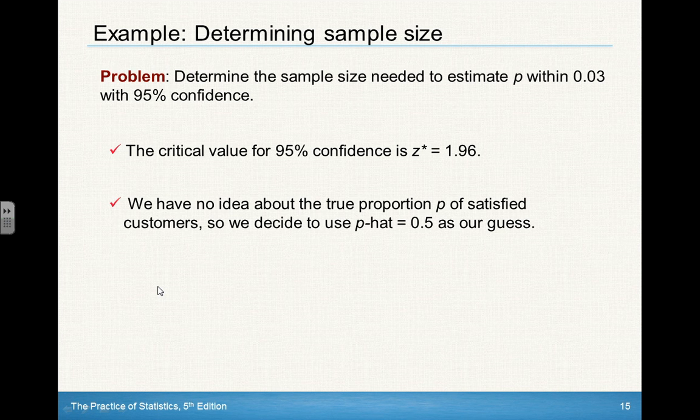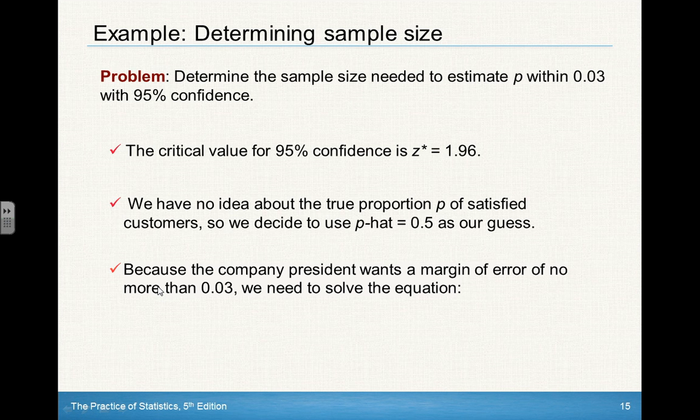This is a 5-point scale, but 4s and 5s are satisfied or very satisfied. So I'm taking a 5-point scale and making it a 2-point scale. If they said a 4 or 5, they said satisfied or very satisfied, they're a yes. Otherwise, they're a no. And because we want the margin of error to be no more than 0.03,